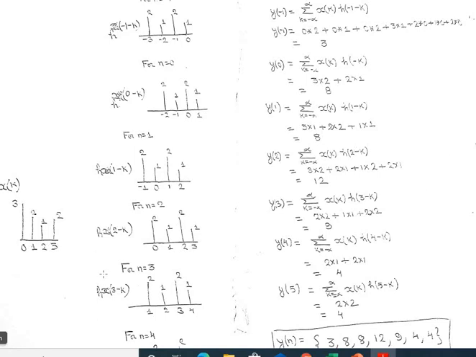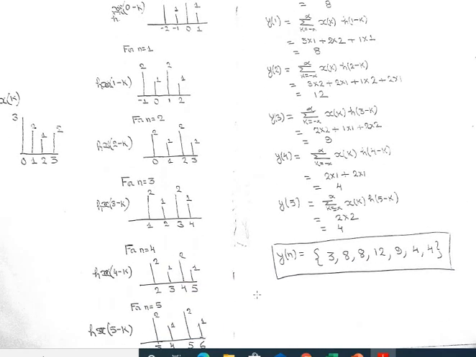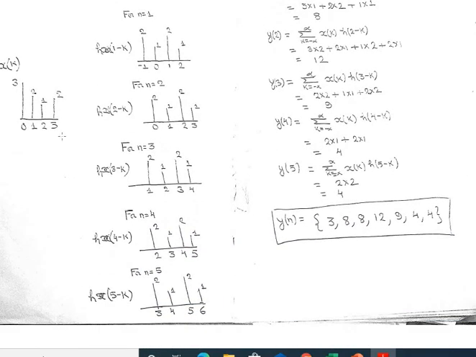Similarly for x[k] with h[3 minus k], that will give y[3], and here the common samples will be 1, 2 and 3. So we just multiply the magnitude values at the common samples, and finally we do the sum here. So y[3] will be 2 into 2 plus 1 into 1 plus 2 into 2, that is 9 we are getting. After that we have to compare x[k] with h[4 minus k], and here the common samples will be 2 and 3.